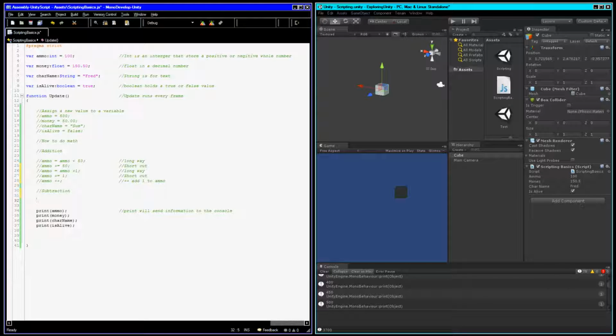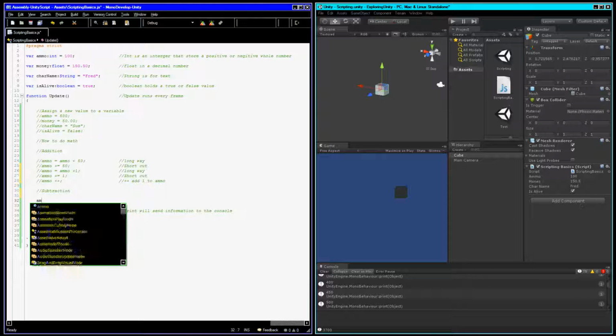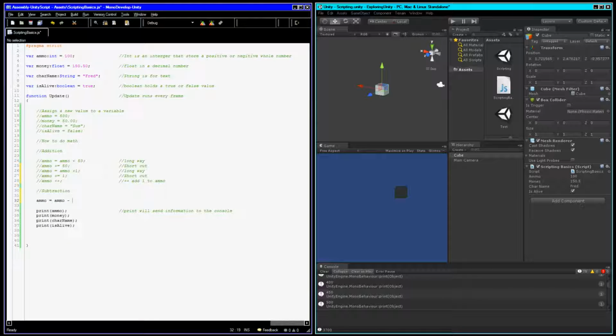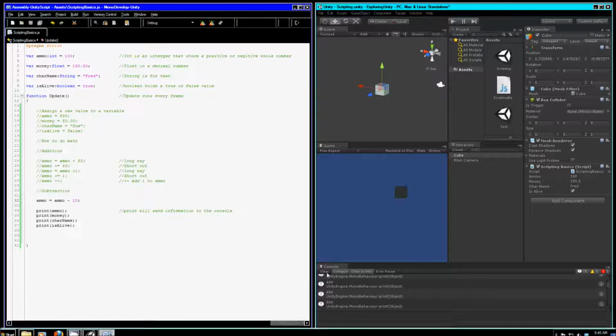Okay, so subtraction and addition are pretty much exact, except that we're using a minus sign instead of a plus sign. So again, I could say ammo equals ammo minus 50, let's say minus 10. So that will take 10 away from ammo each time this instruction runs. So we'll test it. Let's save it. We'll clear out our console